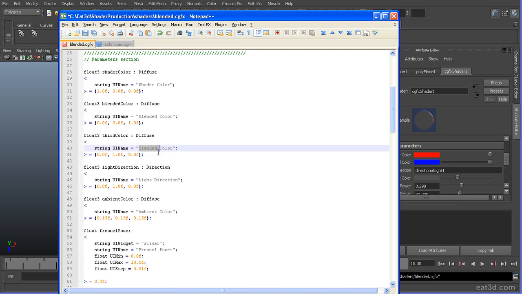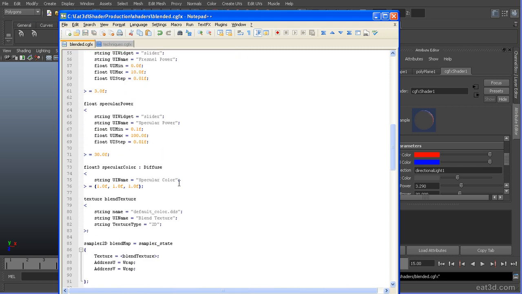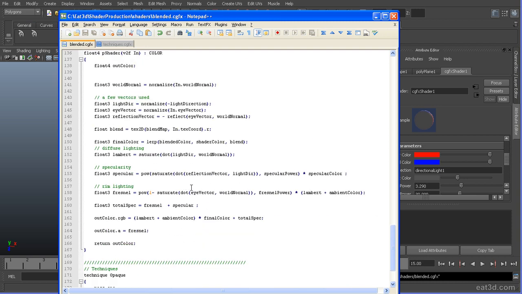And let's just call it third color for simplicity's sake. And then we want to change our blend map to be a float3 because it's going to have red, green, and blue channels. So we can change it to be R, G, and B. And our final color is going to be, so let's just start with